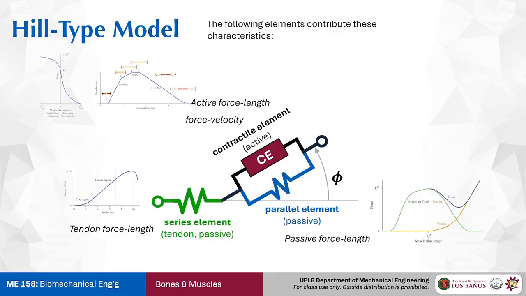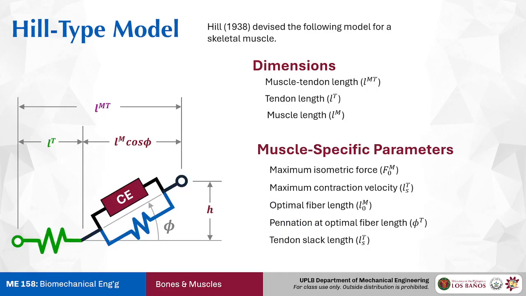And if you want to model it, we won't do that in ME158, but if you are interested, there is some light geometry that you have to negotiate with. And there are some statistical properties that you have to take into account. So you require the length of the muscle and the tendon. You have the tendon length, muscle length, and you also need some properties of the muscle. Like for example, how much force can it exert when its length is not quite moving, and for example, its maximum contraction velocity as well, which we will not cover in ME158.